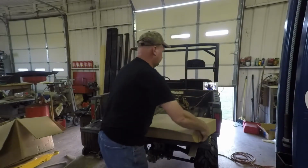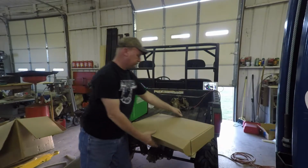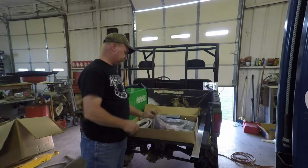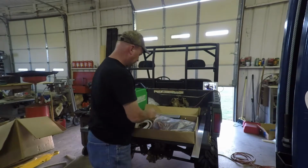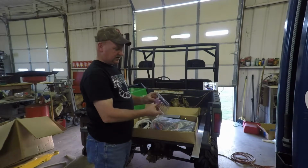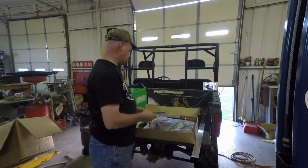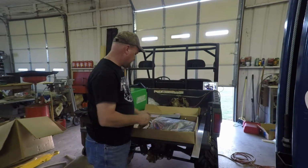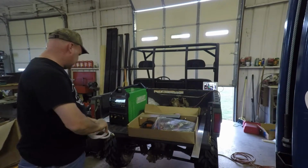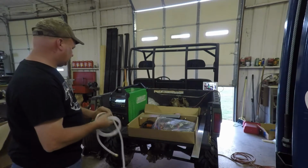Okay. Here's what it's going to come with. I have an idea what it is, but it does come with a torch, and there's a few consumables they call it, which is collets and the cups. Not much. I've never touched any of this before. I've been researching this a lot. So, and this is going to be, we don't know. Probably